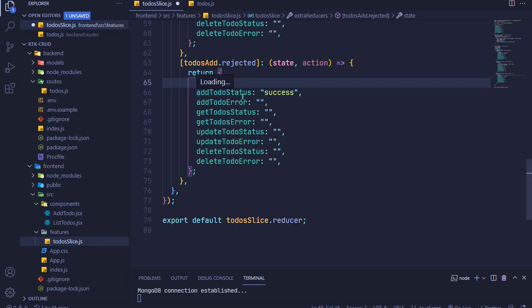So what we will update right here is the add to do status. Right now it will no longer be success, but it will be rejected. And then now we will have the error in our action.payload. So we can update add to do error right here in our action.payload. So I'll set the add to do error to action.payload, and then I'll set the rest to be empty